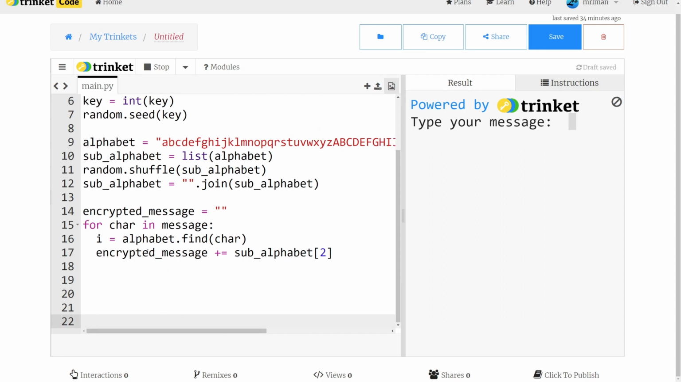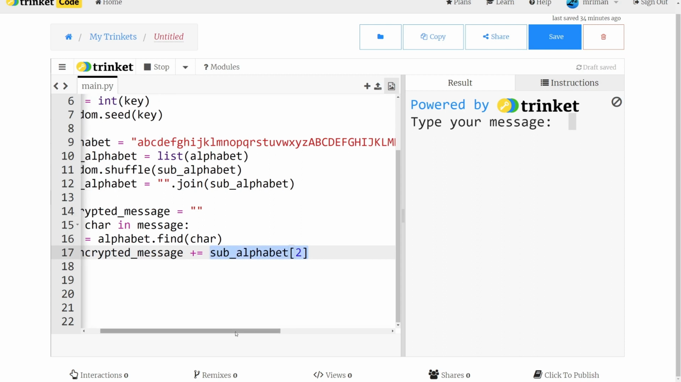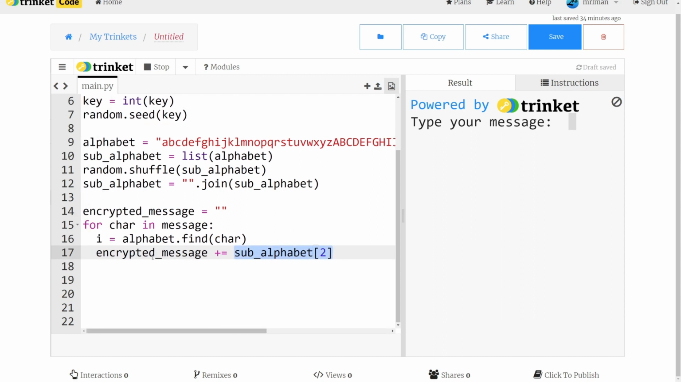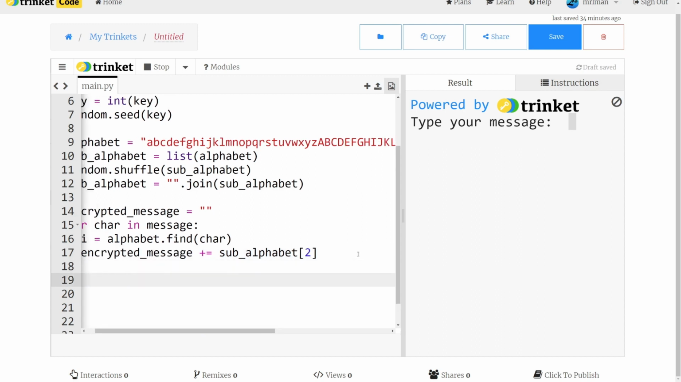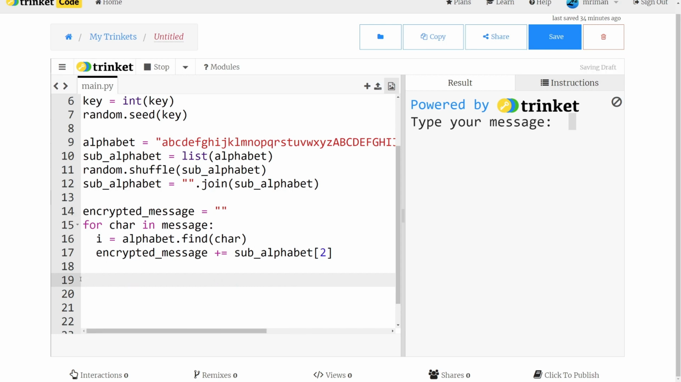Okay, hopefully that makes sense. So we find out the index number of the char in the regular alphabet, and then we go and look it up in the sub-alphabet and add it onto the encrypted message. Now, if I go back to the left, I'm unindenting because I don't want this to happen for every character. I want it to happen afterwards. If we print encrypted message,